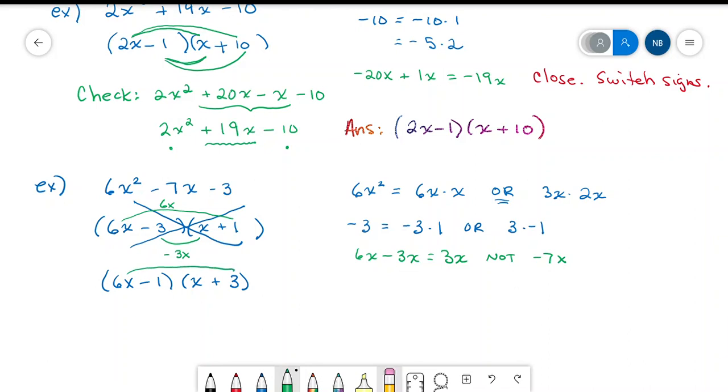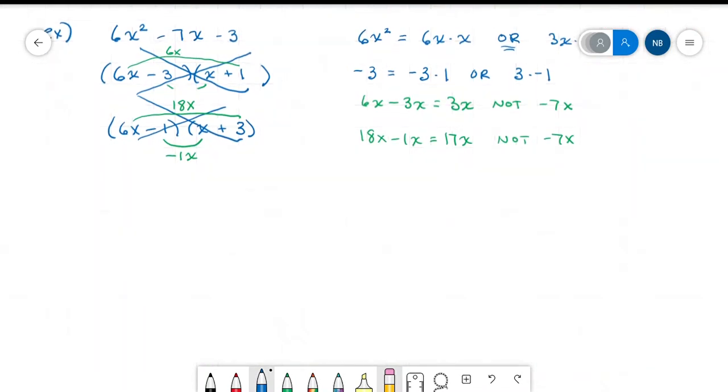My outer here is 6x times 3. 6x times 3 is 18x. That's kind of a big number. Negative 1 times x is negative 1x. 18x minus 1x is 17x, not negative 7x. The problem here is the 18. It's just too far away from 7 to give us hope of getting all the way back there. So we can safely now throw out 6x times 1x, which means now we have to try